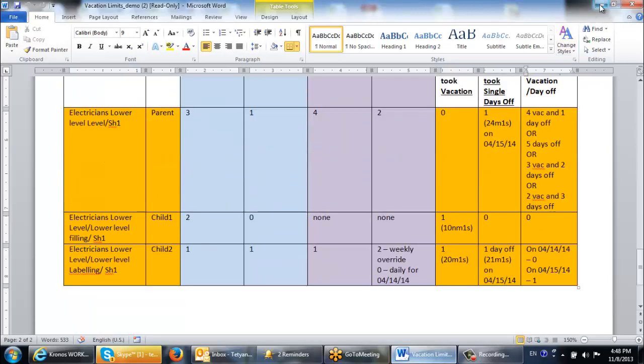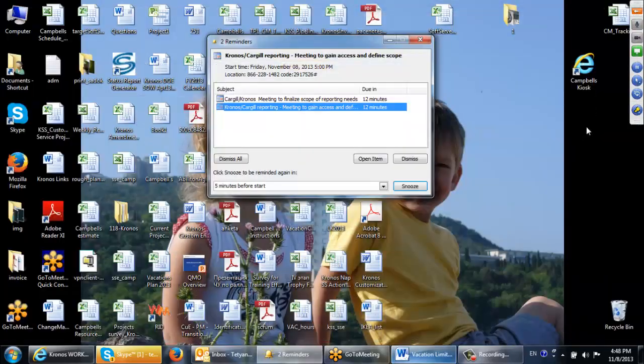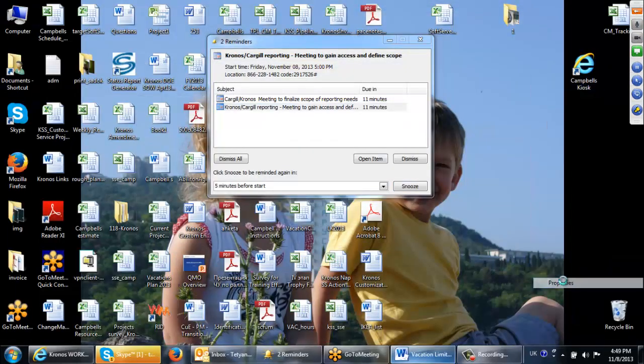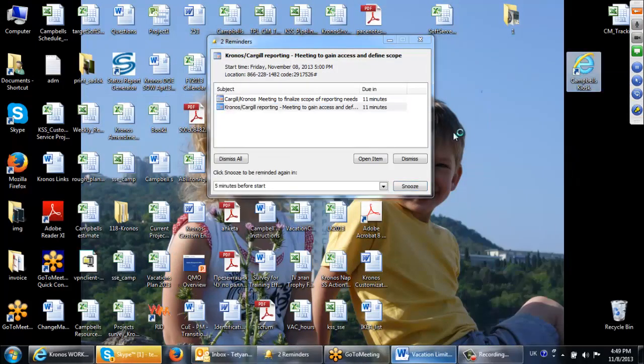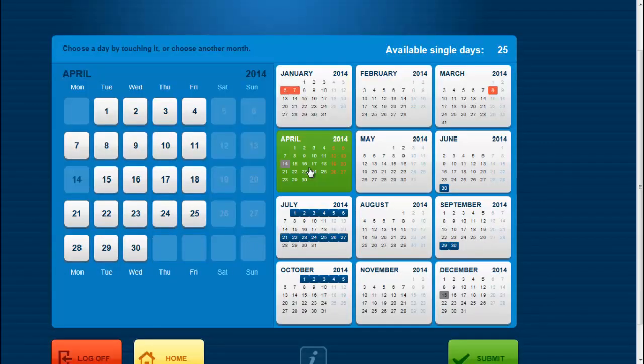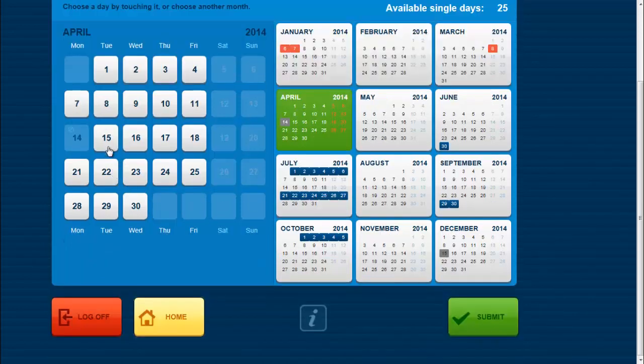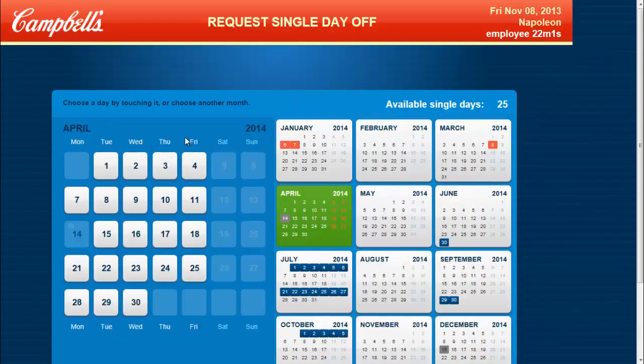It's an employee from this group, and we see that the 14th of April, which was overridden to 0, is blocked. The employee can't take a day off on this day, but the 15th of April is still enabled as there is one more open slot for this day, and the other days also remain enabled as there are still open slots for them. So overridden value